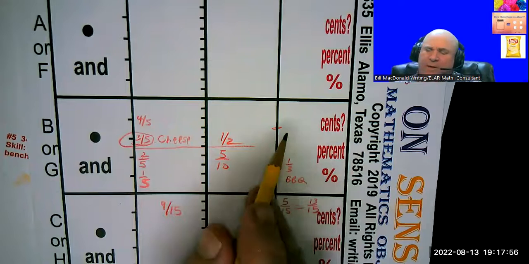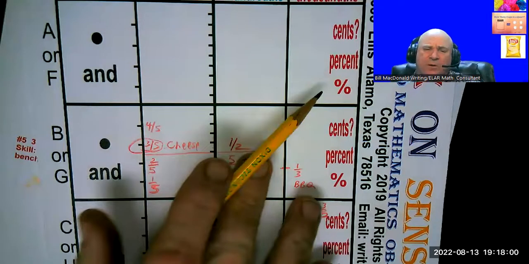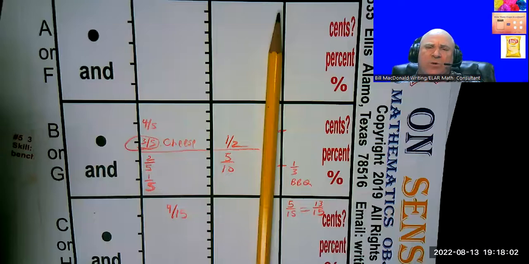So that's what I would recommend that you do, is have some sort of chart where the kids can get used to working with fractions that have denominators that are not the same, and they're going to have to start multiplying up to 12 to get fractions that have the same denominator, what we'll call equivalent fractions,